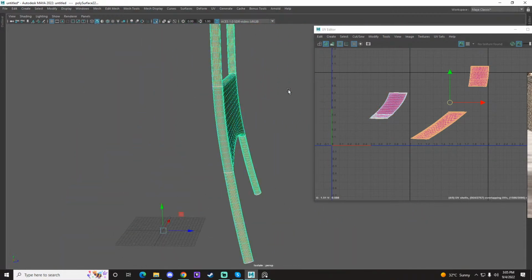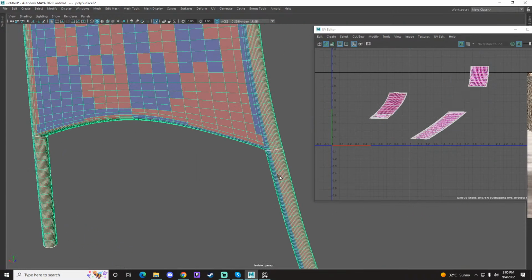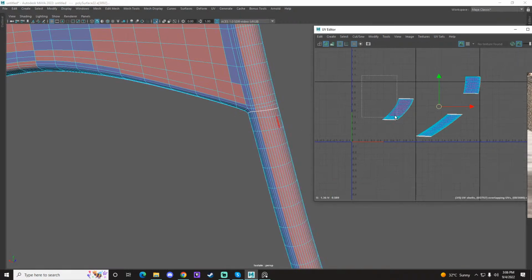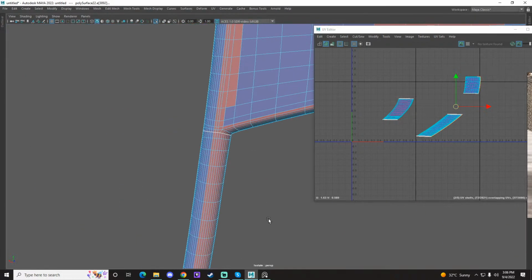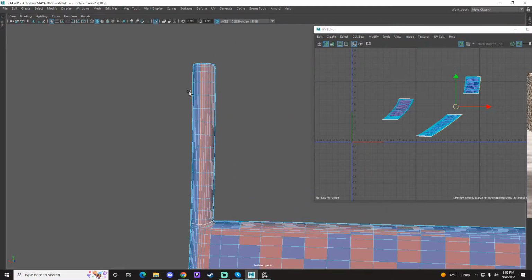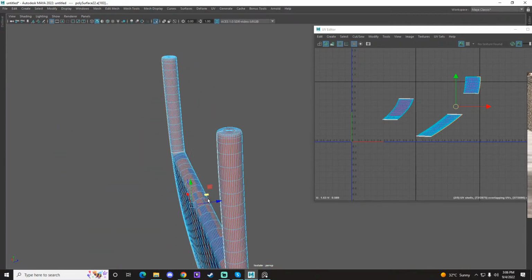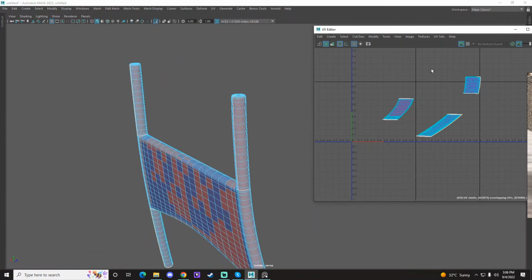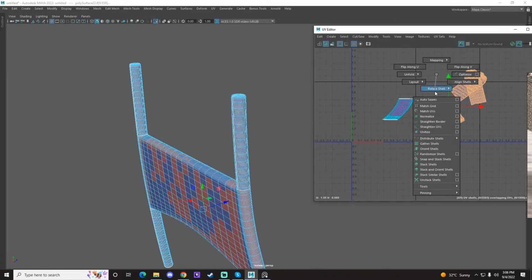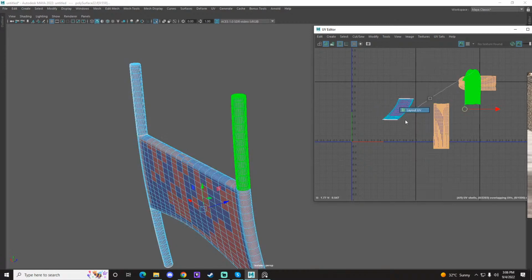So I think that side will be this one. Right? Select this, select this, cut. Cut. Okay, that one is also getting cut. Nice, good to know. So now I can just select these two UVs and then say unfold. Then we go ahead and orient, and then